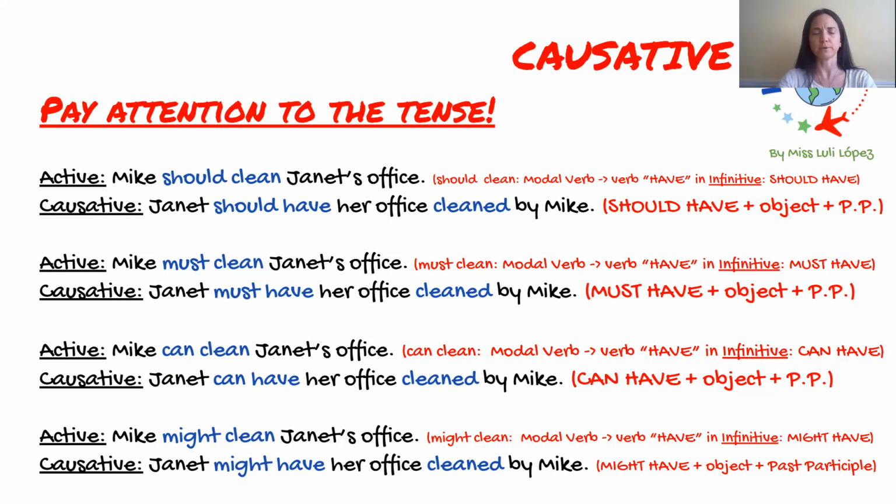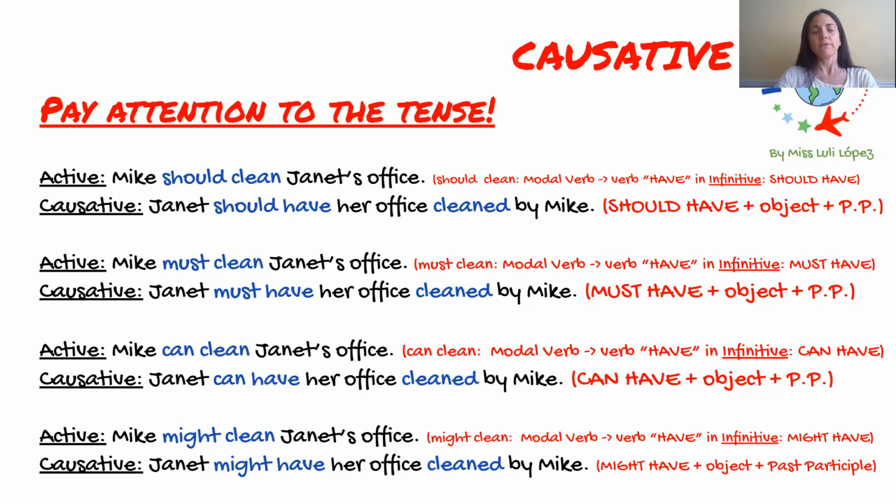the past participle. If in the active sentence we have Mike must clean Jeanette's office, must clean is a modal verb, so the verb have in infinitive, must have. So the causative: Jeanette must have her office cleaned by Mike, so must have plus the object plus the past